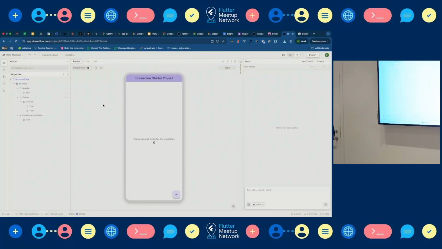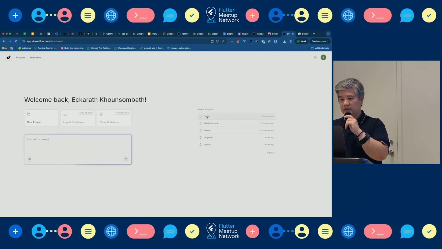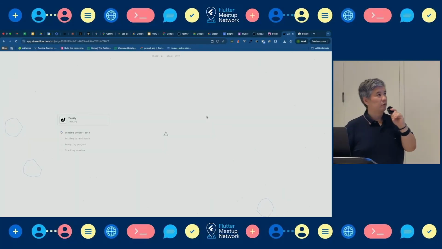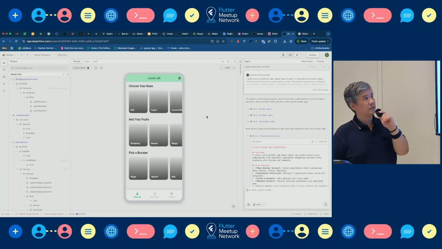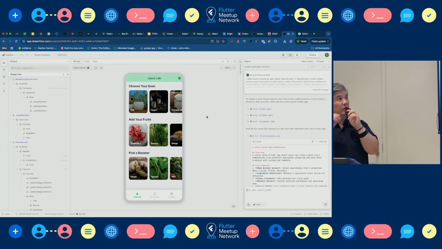To work a little bit. So just before we work, maybe we can check where we are, since last time we asked it to update the interface with the design that I got.